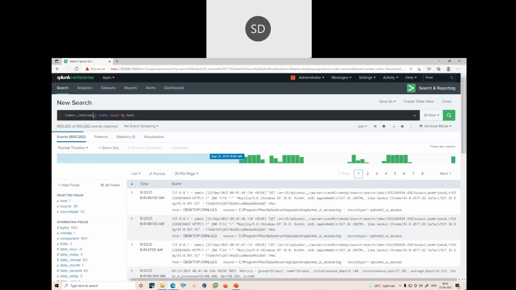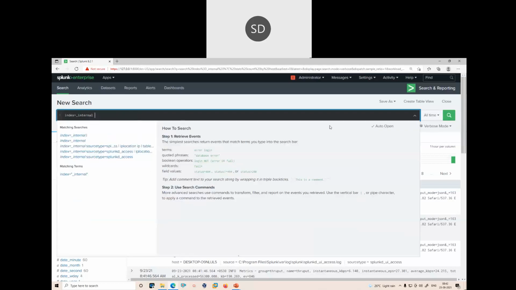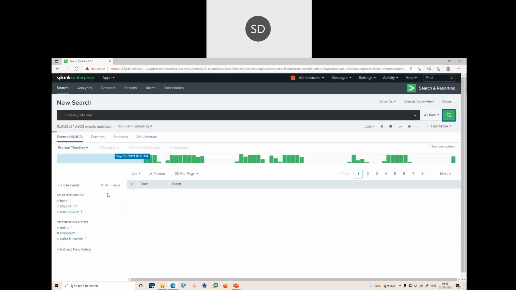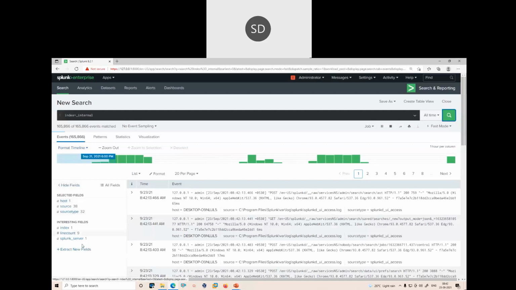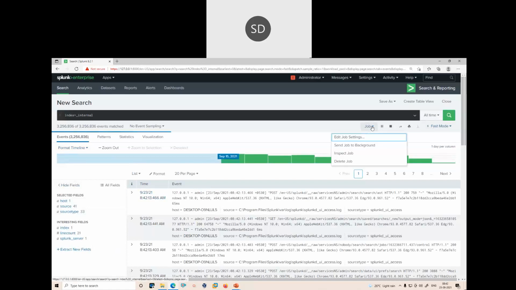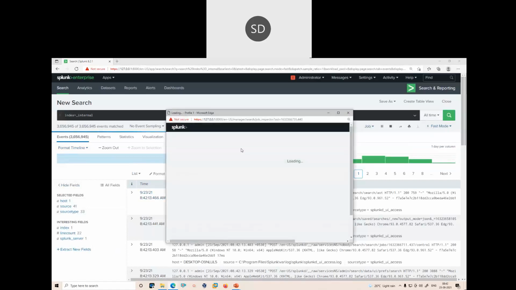I'll show you one thing here. Let's suppose I'm searching in the fast mode. Now you can see what results you get in the fast mode. You can see all the fields are missing here; there are very few fields. There are many other fields, but you cannot see them because the search was in the fast mode. Let's look at the job inspector, where you can see how much time it took to do the search.